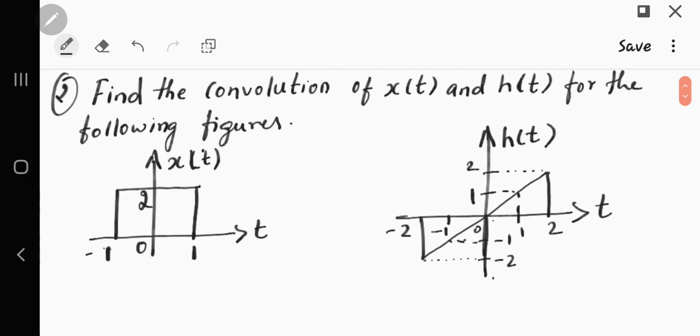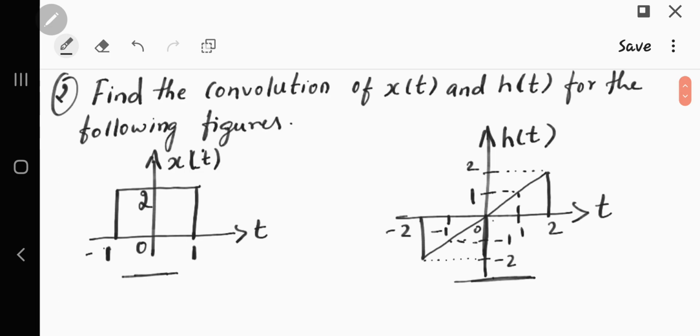Hello students, in the previous video we took some example on convolution integral. Now here this is a different kind of signals for which convolution has to be performed. Given, find the convolution of x of t and h of t for the following figures. Now if you observe the figures, x of t is a rectangular pulse here and h of t it looks